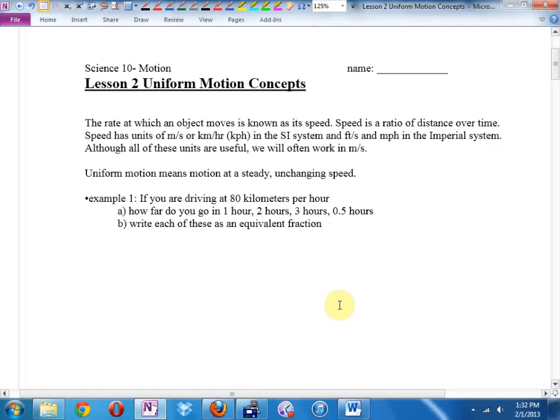No, if you ever watch the 5,000 meters, they do the first lap or two fast, then they settle into a rhythm, and then they'll run the last lap or two fast again. But that's not quite uniform. If we were finding a speed, we would have to call it an average speed. Okay? Here in the title, uniform motion, we're going to pretend that we're traveling at a constant speed.